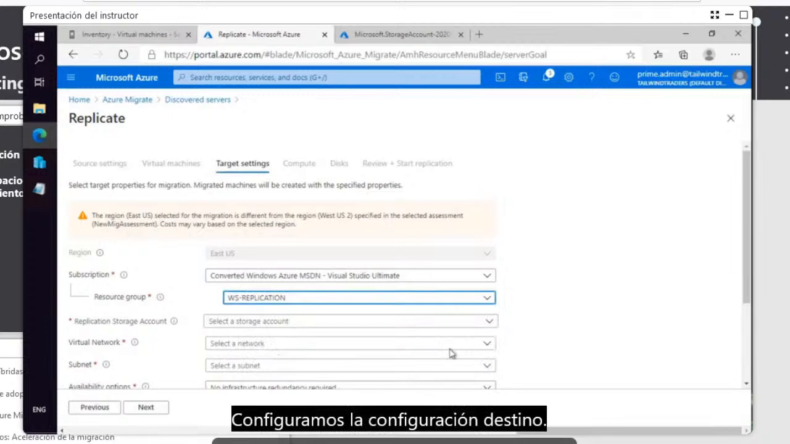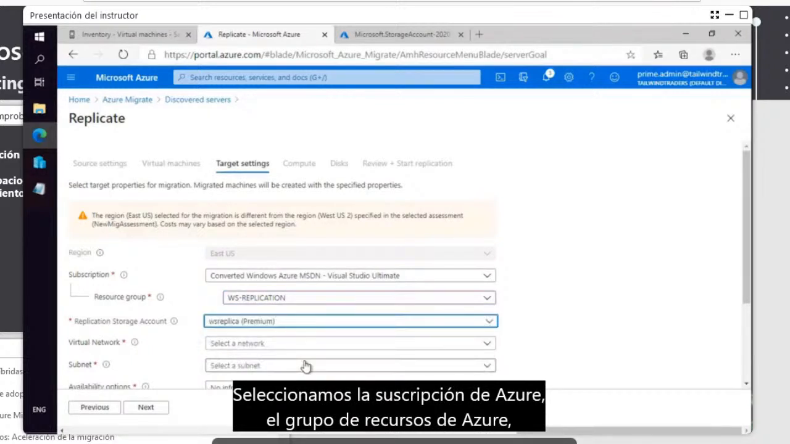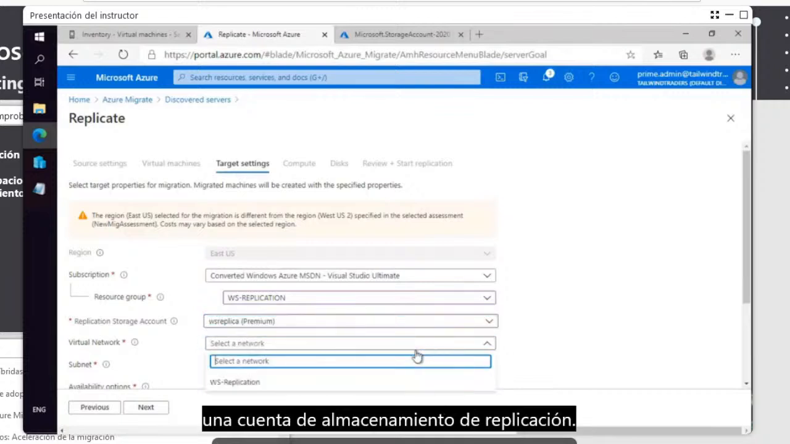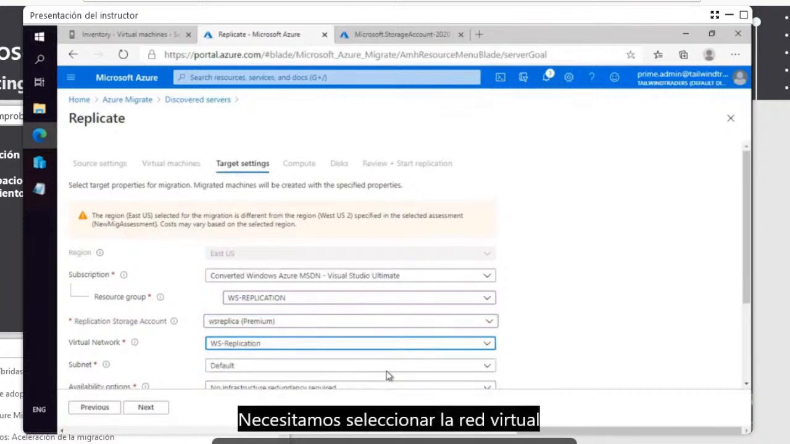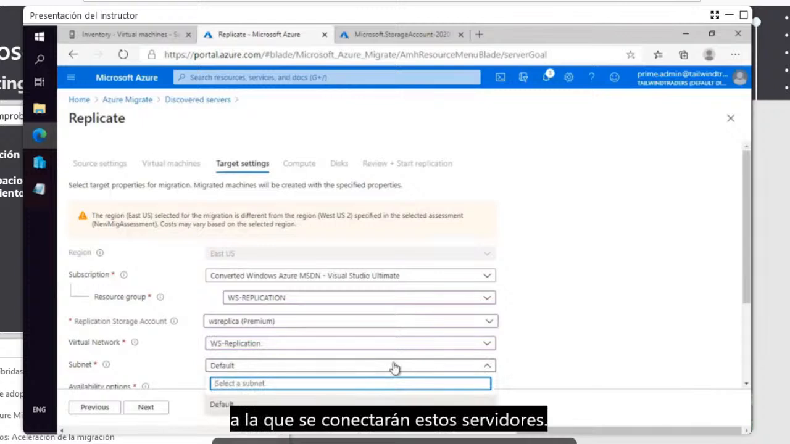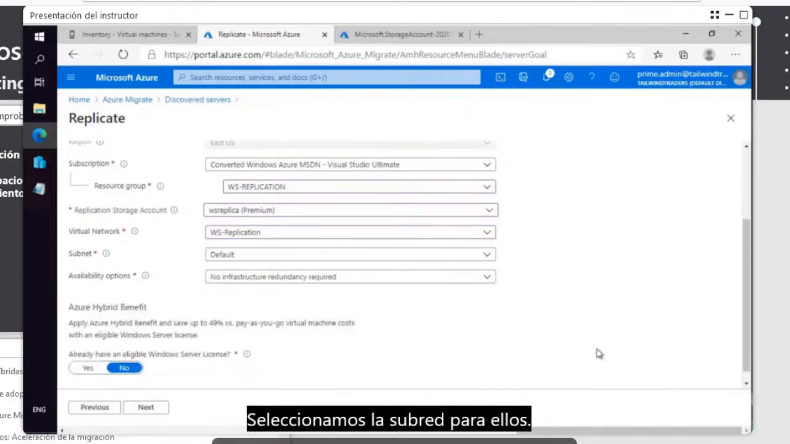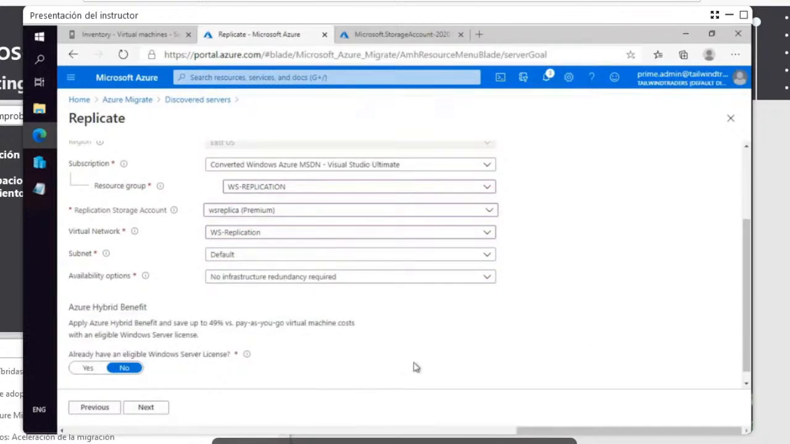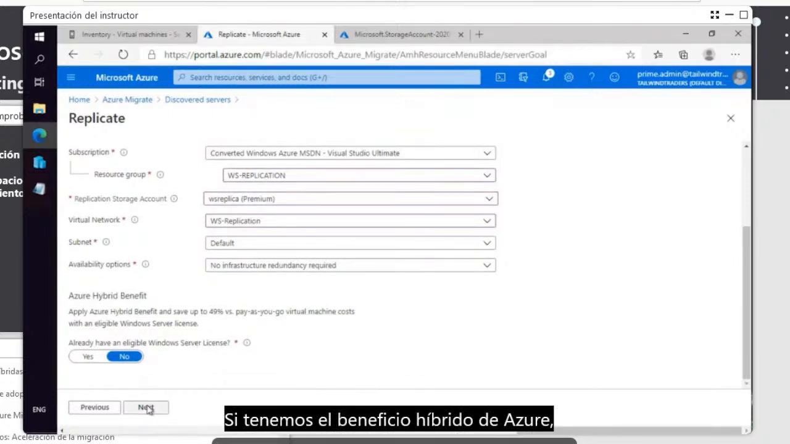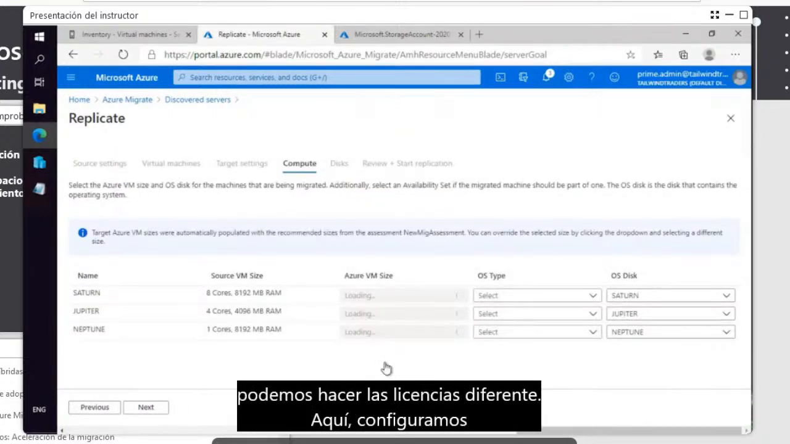And now we need to configure the target settings. So we need to select the Azure subscription, the Azure resource group, a replication storage account. We need to select the virtual network these servers are going to be connected to. We select the subnet for them. If we have the Azure hybrid benefit, we can also do the licensing differently. And now here we configure